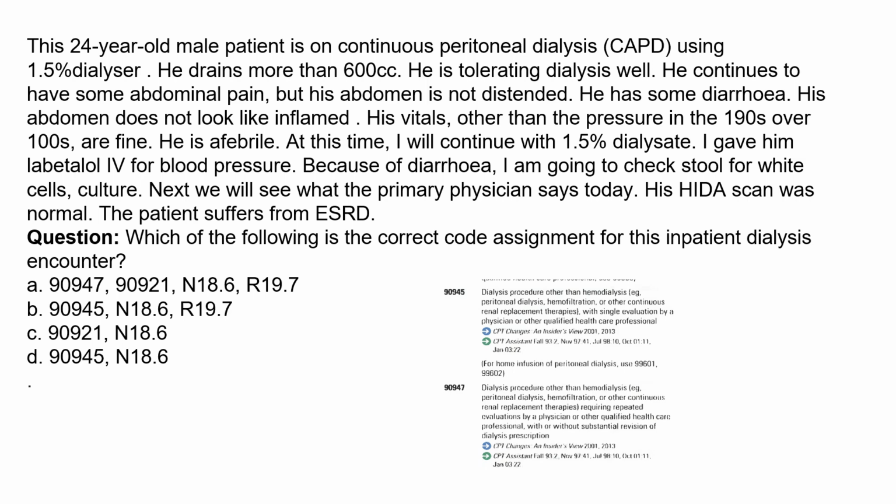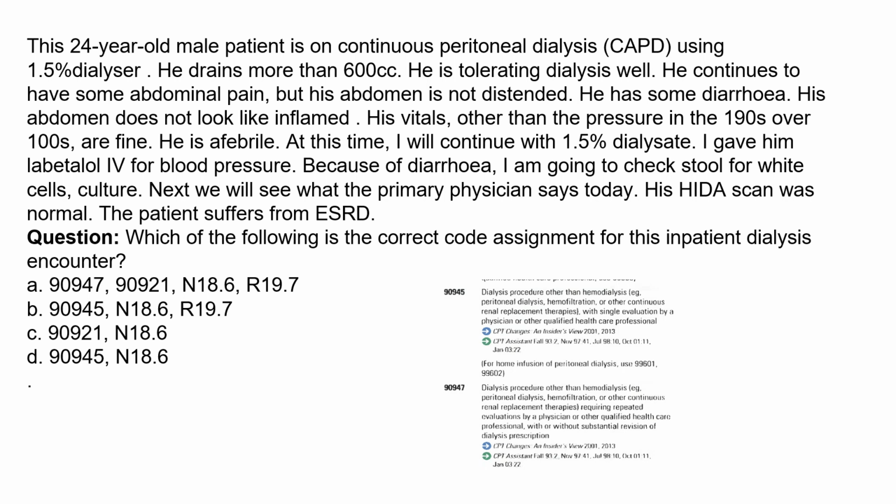He is afebrile. At this time, I'll continue with 1.5% dialysate. I gave him Labetalol IV for the blood pressure because of the diarrhea. I'm going to check the stool for white cell culture. Next, we will see what the primary physician says today. His HIDA scan was normal. The patient suffered from ESRD. Which of the following is the correct code assignment for